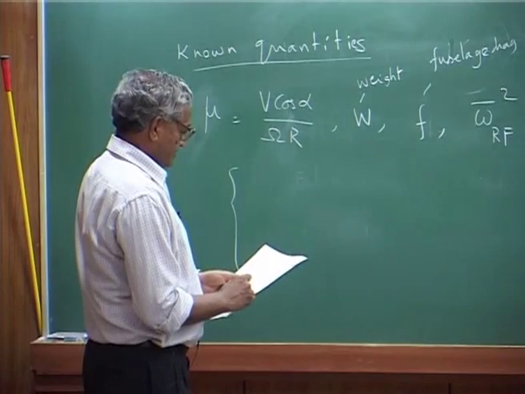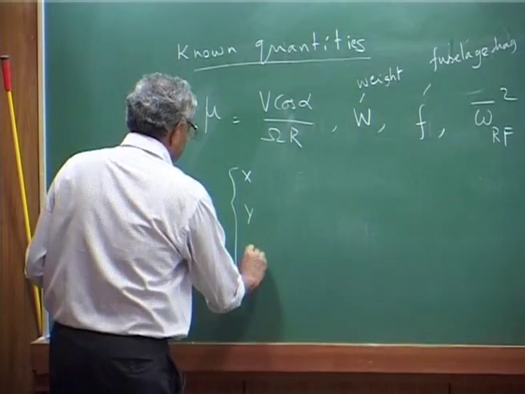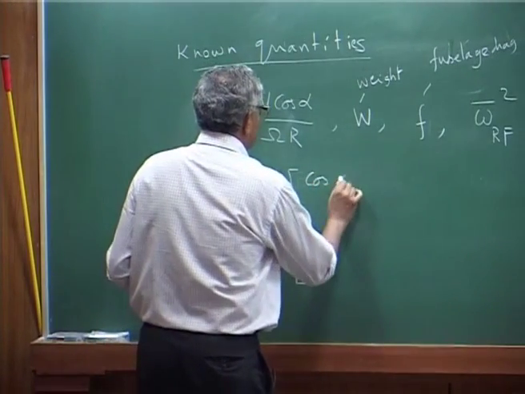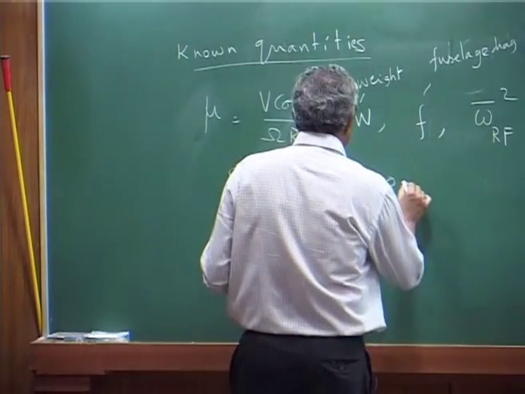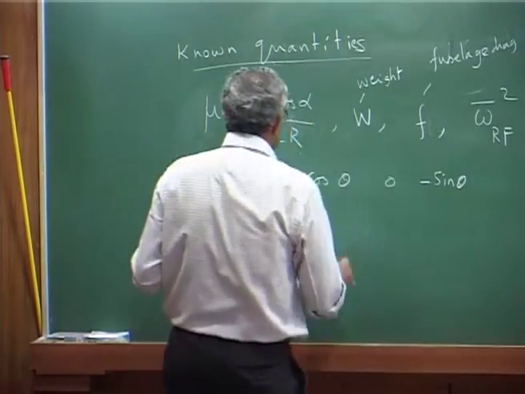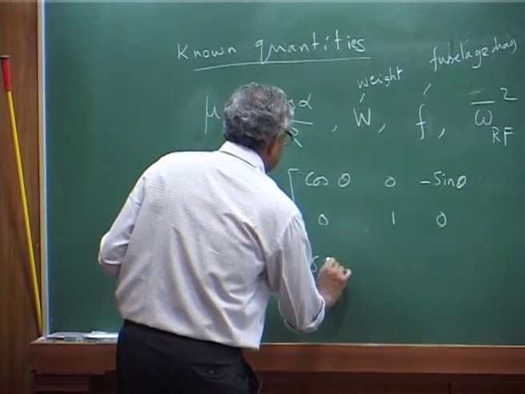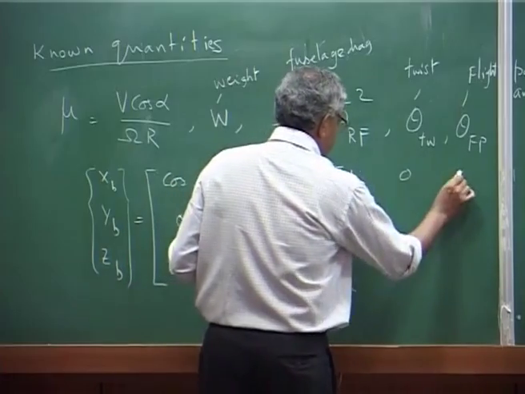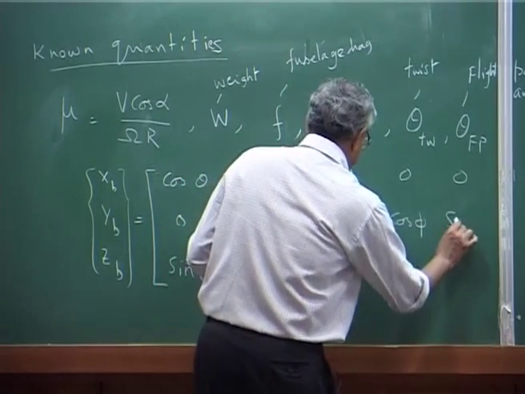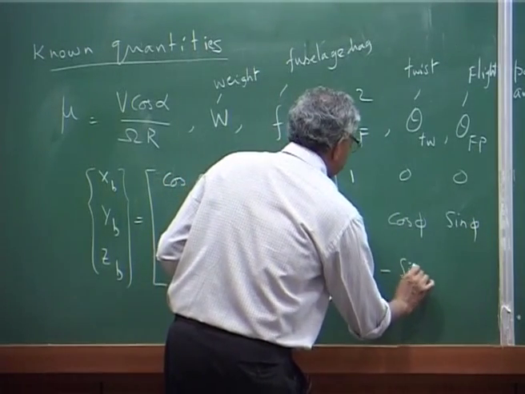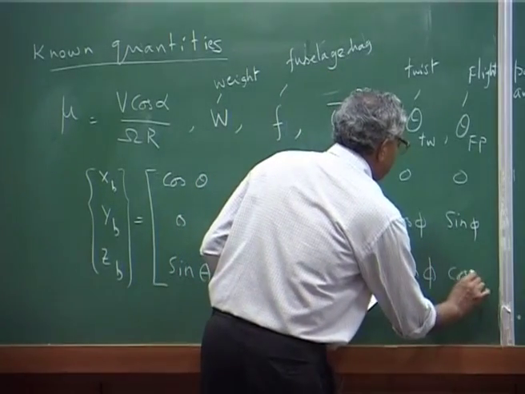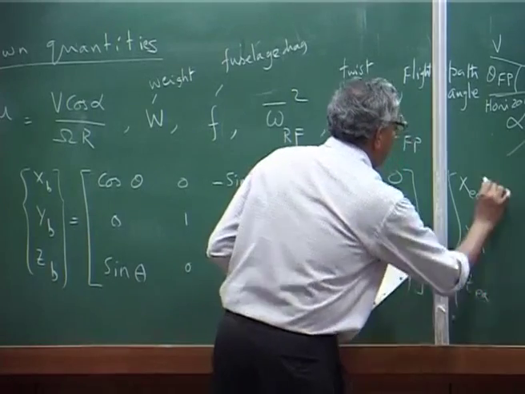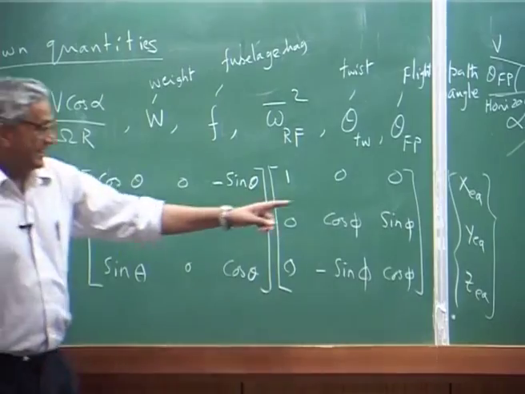So this sequence if you follow, it will be like this. First is what is it? This is x, y, this is the body. But the rotations are counterclockwise positive I am taking. That is why there will be a minus sign I have to introduce there. Multiplied by 1 0 0, 0 cosine phi, 0, x earth. Okay. This is the earth axis system,